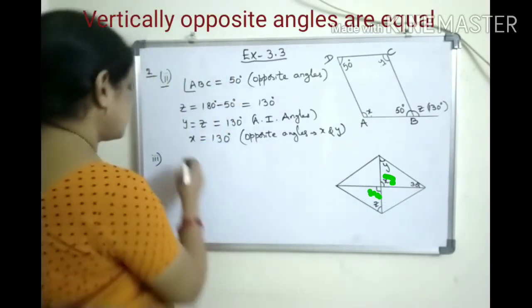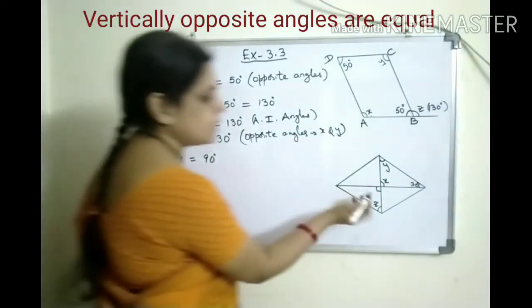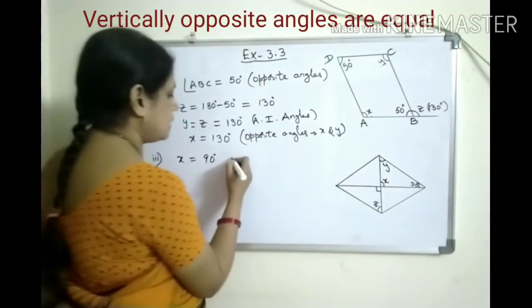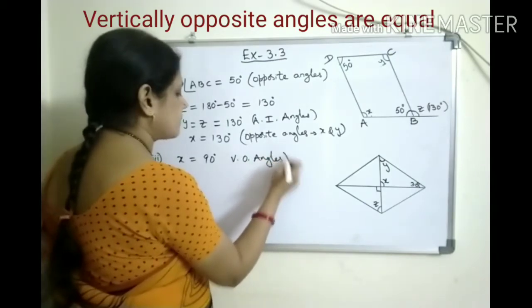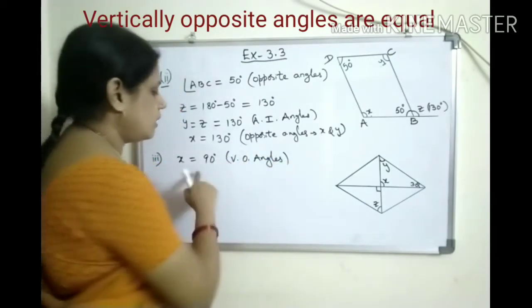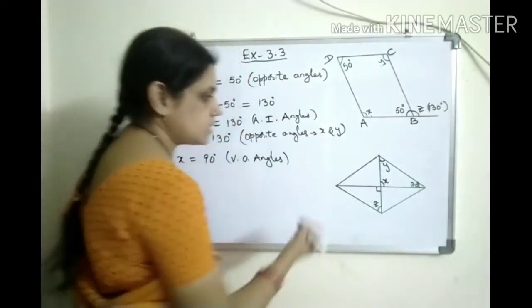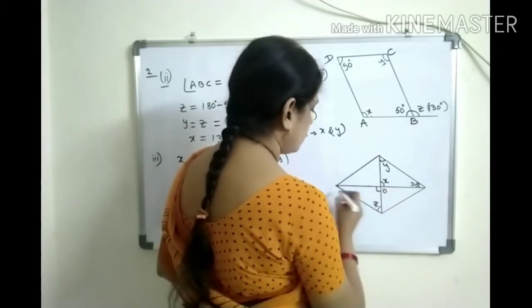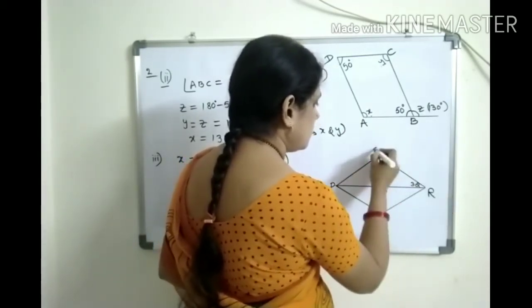So first let us calculate X. X is also 90 degrees. Here by seeing the symbol you can say that this is 90 degrees. So X equal to 90 degrees. How is it? Vertically opposite angles are equal. So x equal to 90 degrees. Now in this triangle, so here also let us give names, then it will be easy for you. Let us give here O, P, Q, R, S.